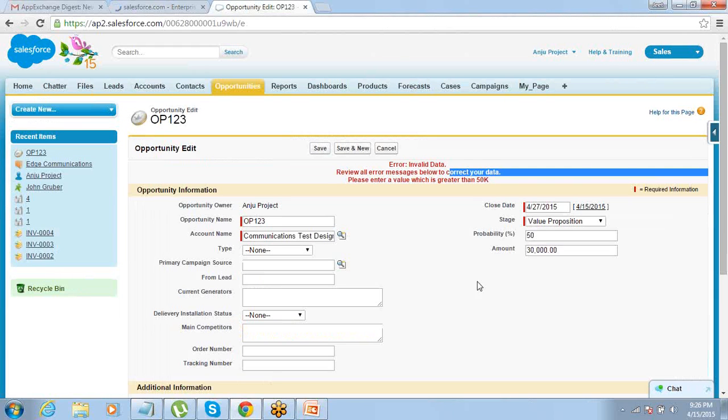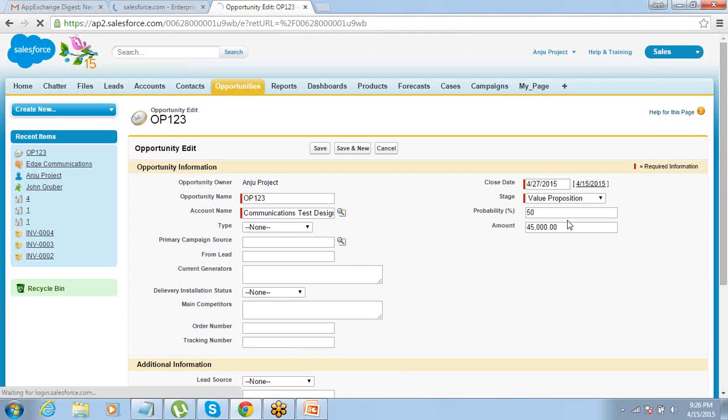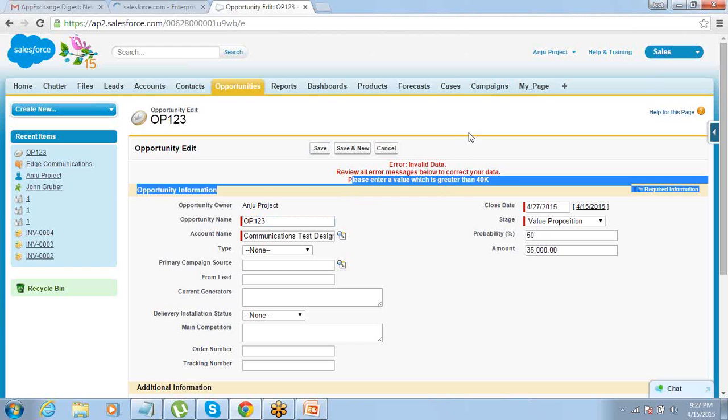Trigger is active. Now for update, if you say 45, it will save it. But if you make it less than 40, it will throw an error because there is an update operation. If I make it 35, then it will have an error. See, please enter a value which is greater than 40k.